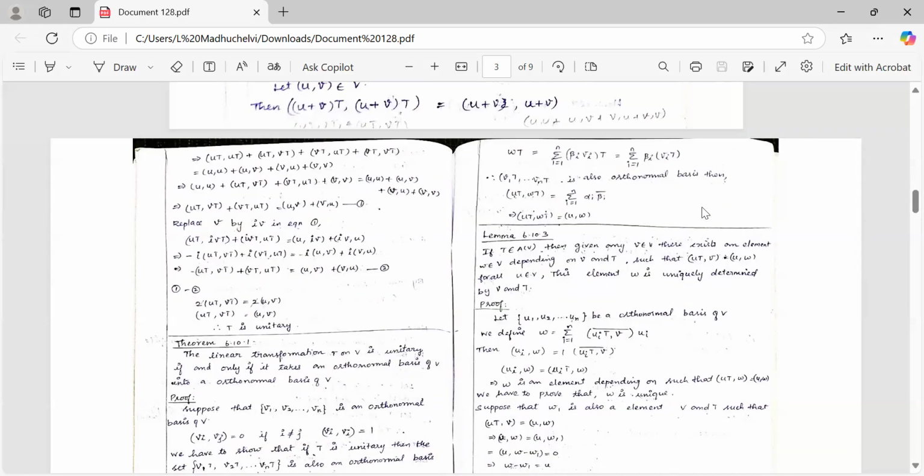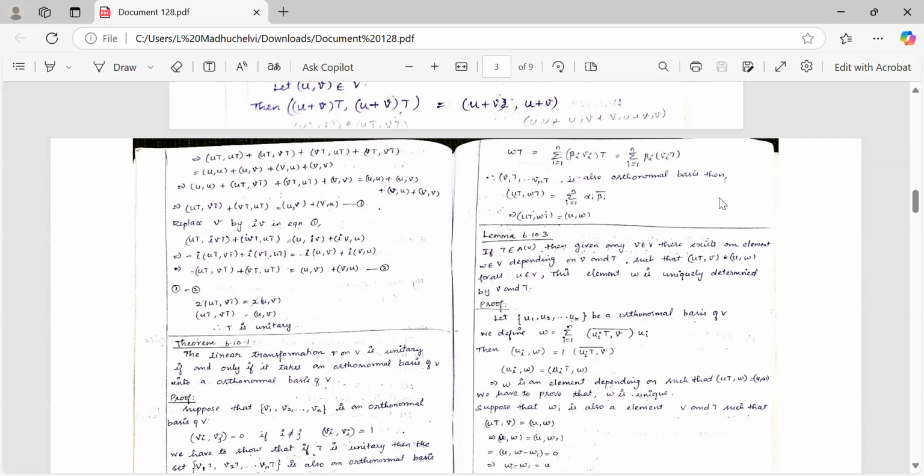So using that hypothesis, we get (U, U) plus (UT, VT) plus (VT, UT) plus (V, V) equals (U, U) plus (U, V) plus (V, U) plus (V, V). This implies